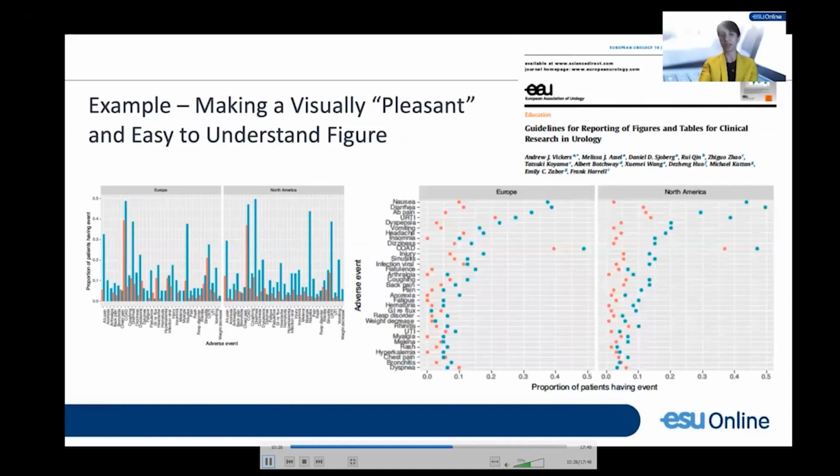It's horizontally laid out to interpret this data and to present it in a way that allows the reader to see that there is a discrete difference in both the regions between the 2 treatment arms, the red and the blue. And it's just a little bit easier visually and succinctly for the reader to interpret this data.